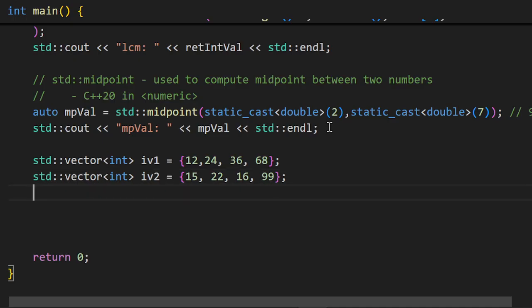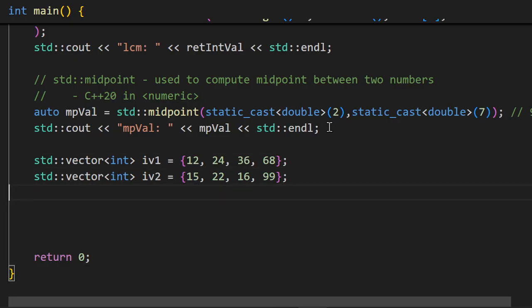And if you want to create a new sequence with each element equal to the midpoint value of these elements, this operation can be useful in many cases. This is just for demonstration. Then you want to define a target sequence of the same size